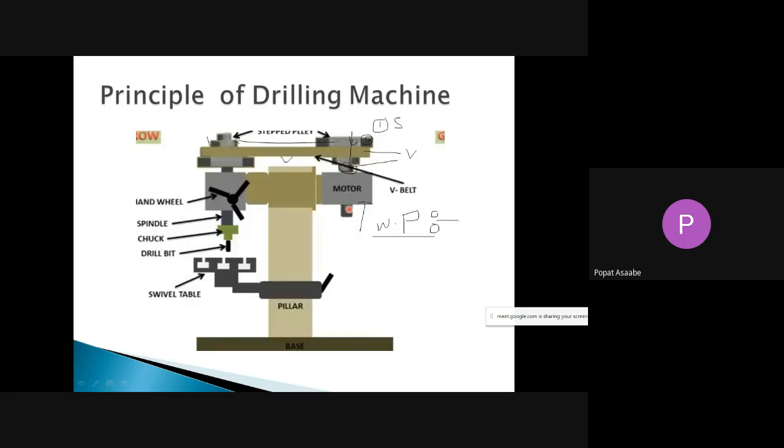When the power from this pulley is given to this pulley with the help of that V belt, that time this set of pulleys is going to start to rotate. And when this set of pulleys starts to rotate, see here, this is the shaft of your spindle, or suppose we can say this is the spindle. When this set of stepped pulleys starts to rotate, along with it this spindle starts